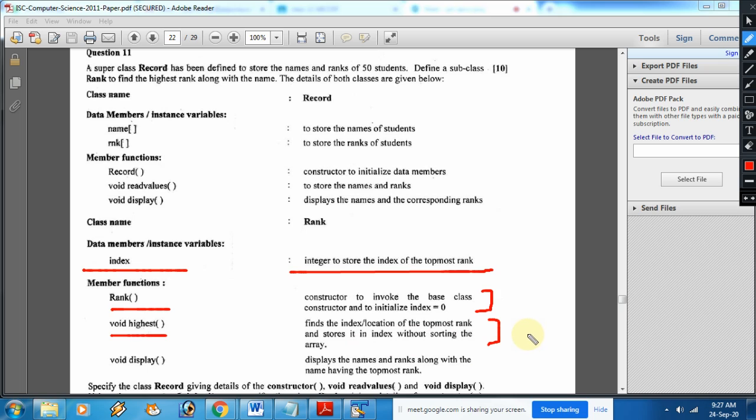Don't use sorting. This is very, very important. In the display you have to display the name and rank of the topmost rank.